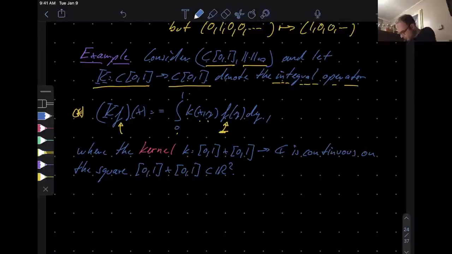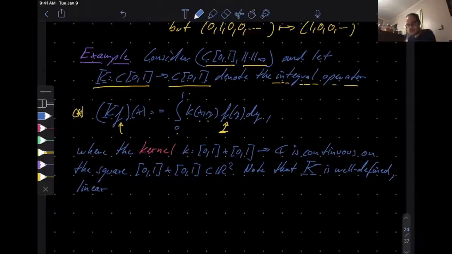Okay, so I will just write, note that capital K, the operator, is well defined. It maps continuous functions to continuous functions. It is linear. That requires virtually no explanation because integration is linear. If you take the integral of a sum of 2 functions, it's just the sum of the 2 integrals. Okay? And by the triangle inequality, we will now check that this is bounded. Okay? By the triangle inequality,